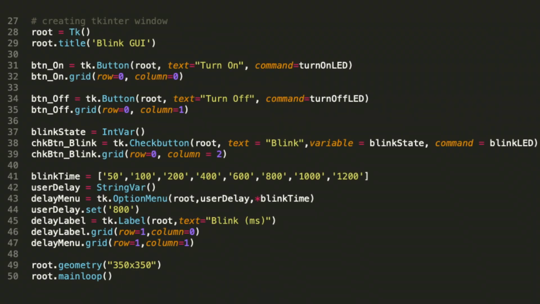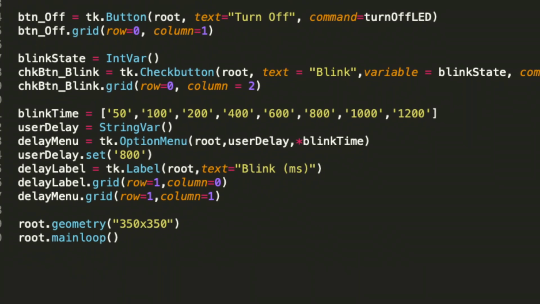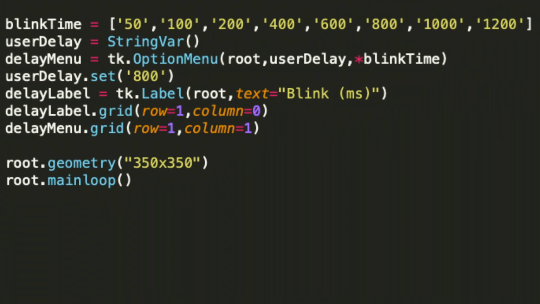Now we'll jump to the widget creation code. So largely this code is unchanged, but we simply needed to add the code to support the new widget. So as we saw before, we have a blink time list. We have our user delay, which is a string variable, and we use those parameters in the delay menu. So the delay menu is